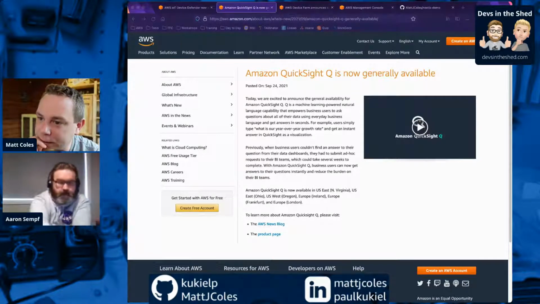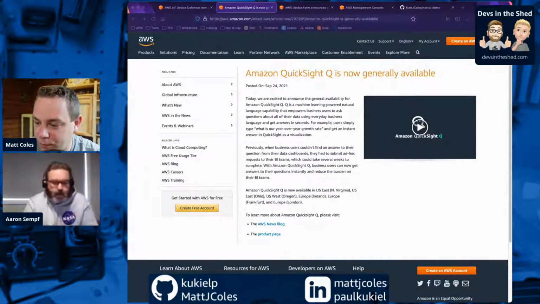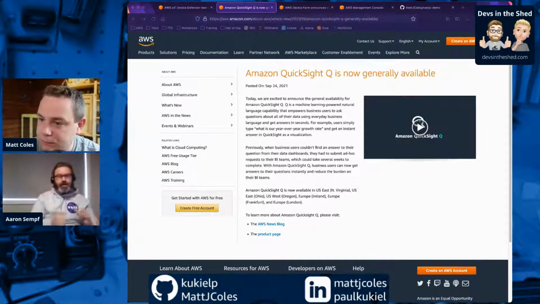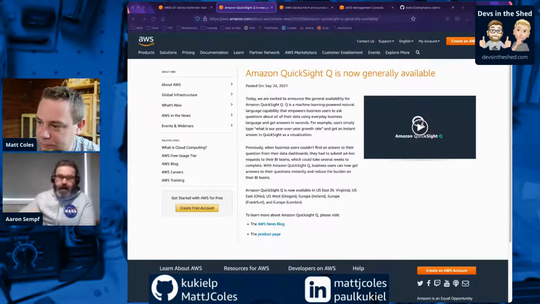Anything to add to that one, Aaron, I guess? Yeah, this is a great addition to Quicksite. I just call out the likes of Kendra and how Kendra extended the Elasticsearch capabilities by adding natural language recognition as well. I've done a lot with Kendra, and the difference between having to refine your search parameters to get the right results from an index, and when you can just start asking questions, is amazing. It relies on natural language algorithms to recognize what you're asking and finds a better result from your index. Having this added to Quicksite, I can just imagine many different solutions